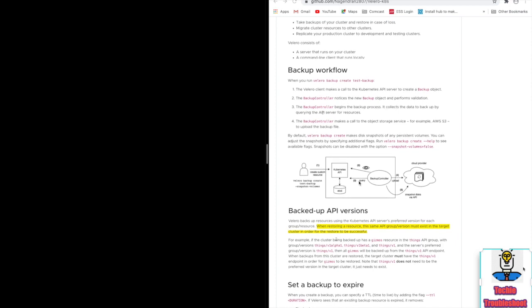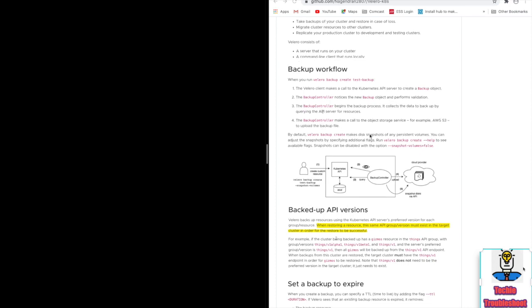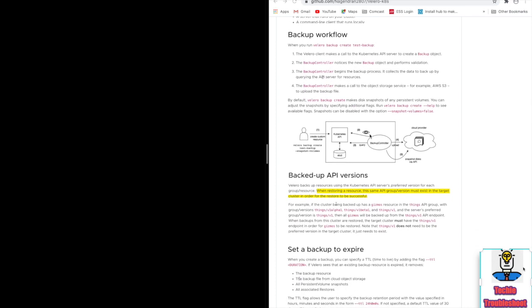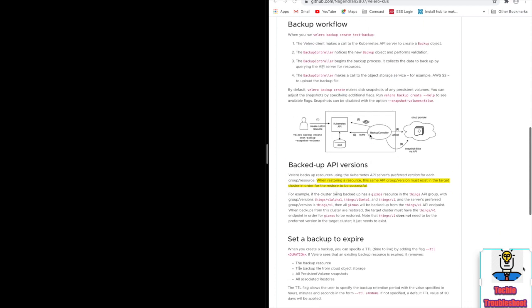Velero contains two parts: one is the Velero client and the other is the Velero server. You have to install the Velero server in the Kubernetes cluster, and you have to install the Velero client locally, where you are executing the kubectl commands. Here I am using AKS. Before going to the chapters, a few things will get clarified here.